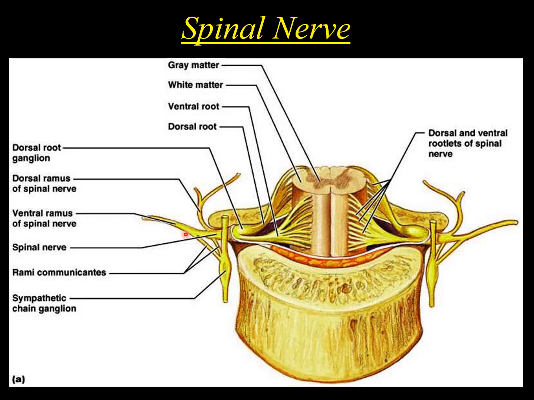All the plexuses in the body are formed by the ventral rami of spinal nerves. Remember, this is a very important point: the cervical plexus in the neck, the brachial plexus in the axilla or part of the neck, the lumbosacral plexus in the lumbosacral region, these all plexuses are formed from the ventral rami of spinal nerves, which are coming from here. So now you can easily appreciate the origin of the plexuses.